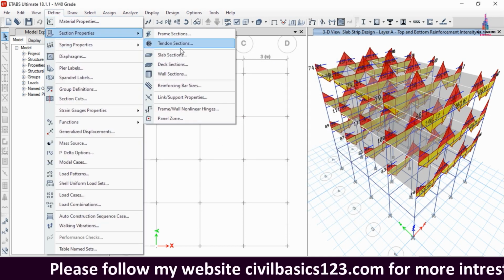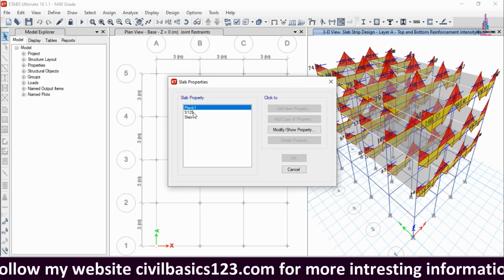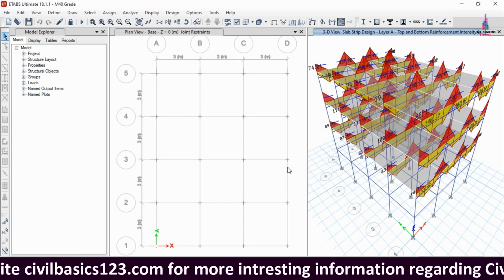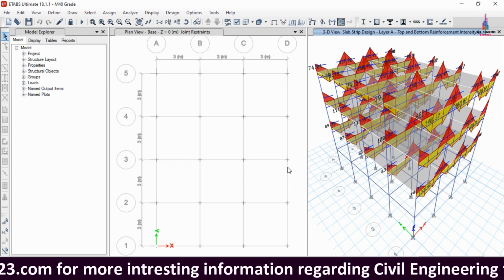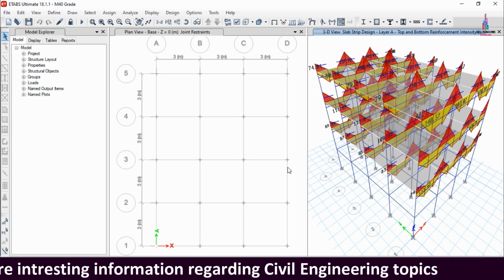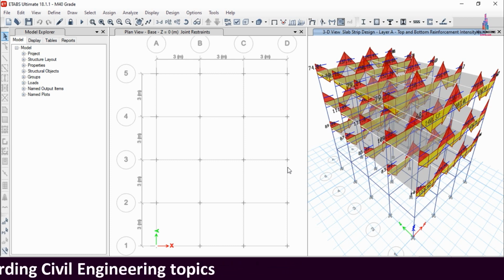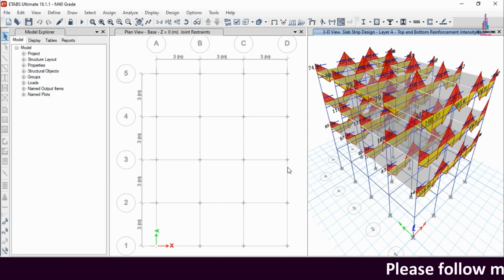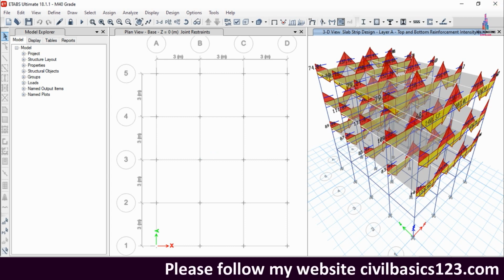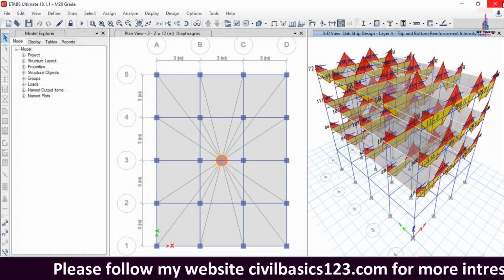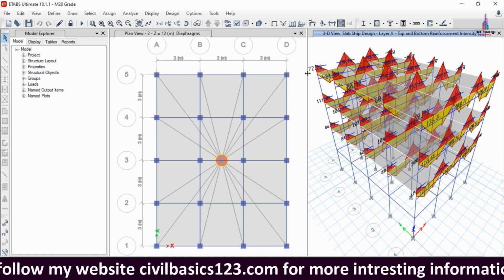So here we have changed only the grade of the concrete as well as the grade of the steel. Fe 415 grade steel with M20 grade concrete is considered in the first model, and the second model consists of Fe 500 grade steel with M40 grade concrete. Now we have to execute the reinforcement detailing for these two building structures. Initially we need to save this model. Press Control S so that the model will be saved for the M40 grade concrete. After that we have to save the model related to the M20 grade concrete.